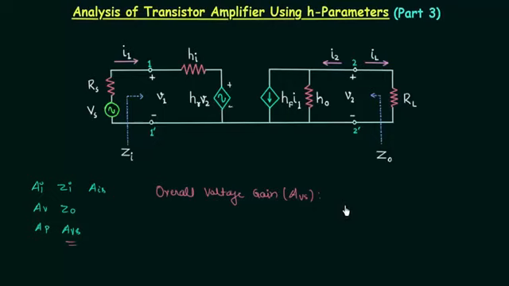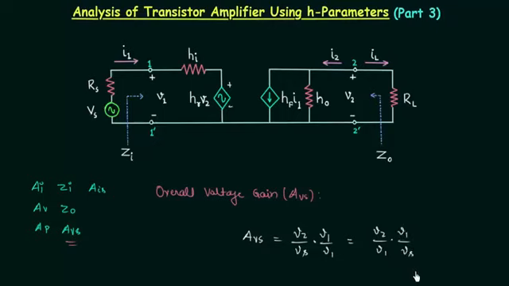of output voltage to the source voltage. Output voltage is equal to V2 and the source voltage is equal to Vs. So AVs is equal to V2 divided by Vs. I will multiply the numerator and the denominator by input voltage V1. So we have V1 divided by V1, or we can write voltage V2 divided by V1 multiplied with V1 divided